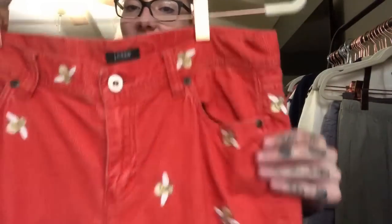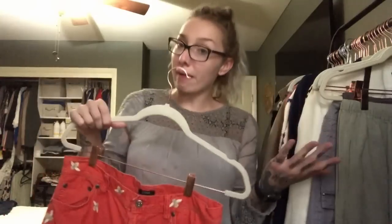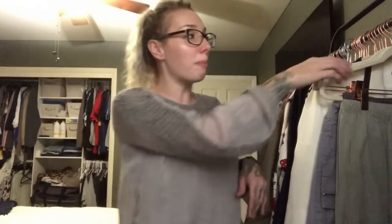This is a pair of J. Crew corduroy pants, but they have honeybees on them. Honeybees. These are on trend. Everybody's trying to save the bees right now, so I do think these will do well. I do think that's an older J. Crew label for pants, but